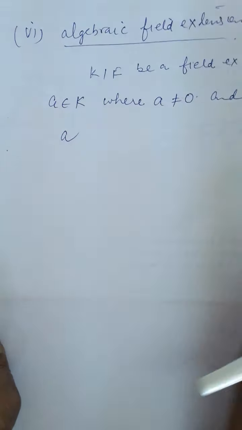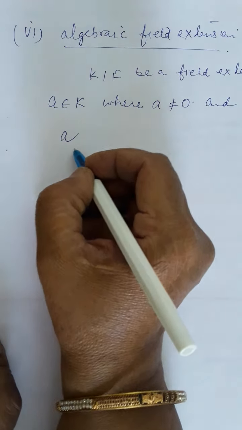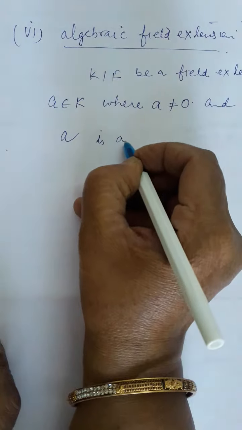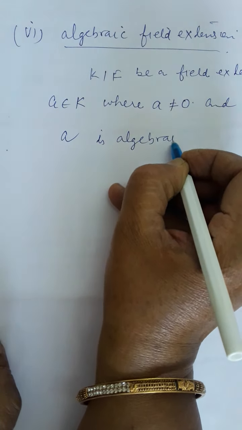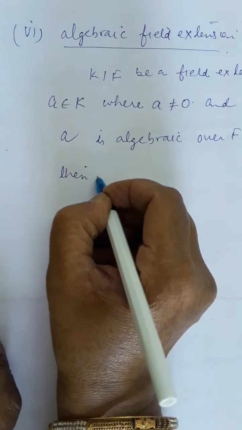If a is algebraic over F, then there exists